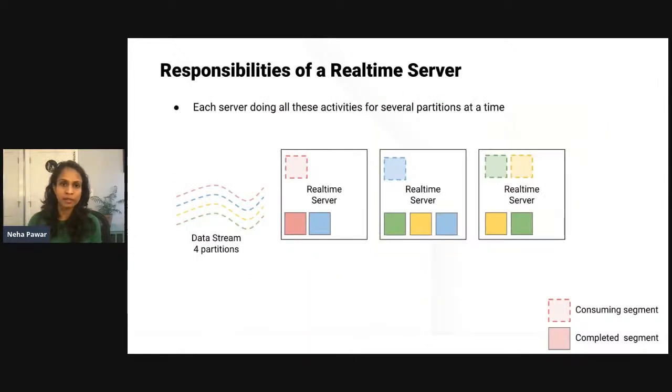And all servers are doing these activities for typically several partitions at a time. So let's consider this example where we have a data stream that has 4 partitions. And you can see that the consuming segments and the completed segments have pretty much spread across all the pool of available servers. So because of these additional responsibilities and these variables that are present on the real-time servers and